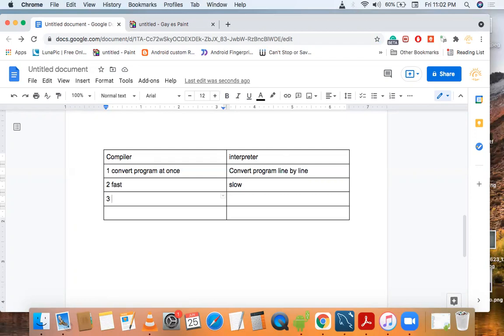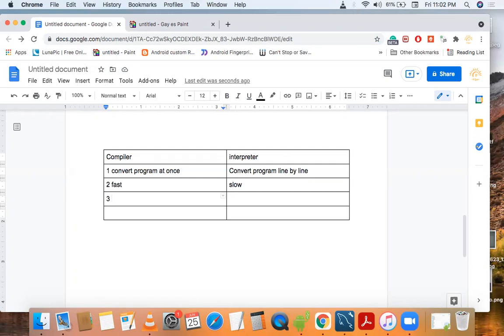Suppose someone provides you a paragraph and tells you to find the errors in it.